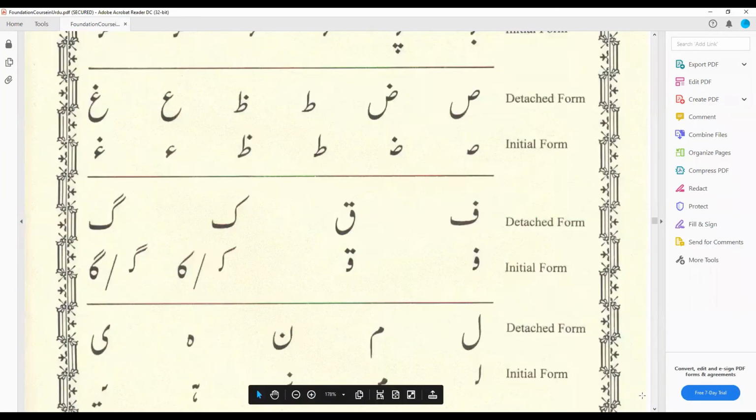Okay, when we come to this kaf, we can use it in two ways. If we are using this kaf as a letter at the beginning of the word, we will use the first shape. If we are using this kaf with alif, we will use this shape. So kaf has two shapes. Gaf is the same, Gaf has two shapes. If we are using this Gaf at the beginning of the word, we will use this Gaf, and Ga with Alif this shape. And then Lam, this shape.